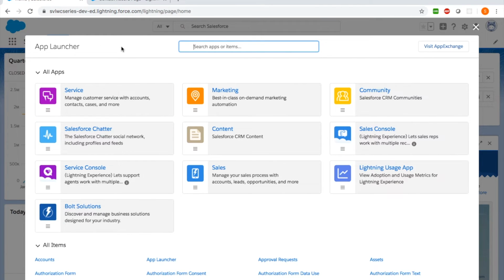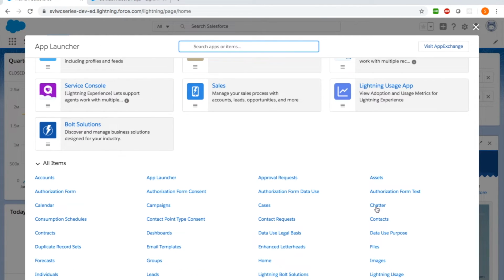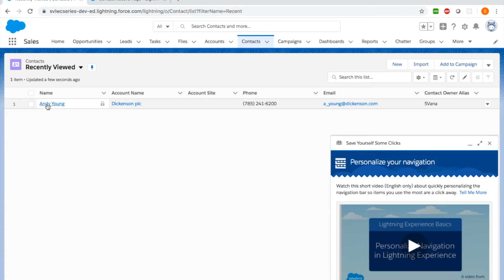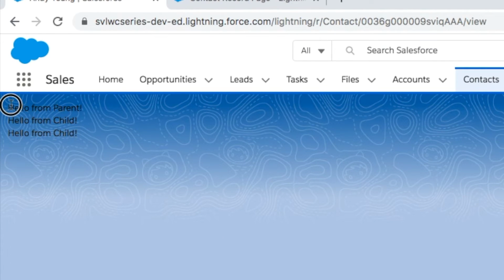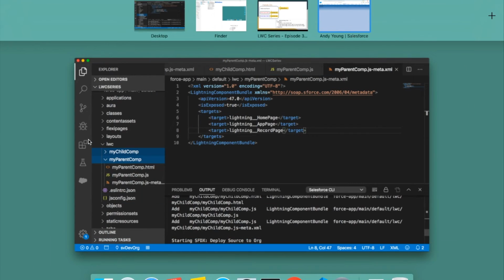Now let me go to the other tab and open any particular contact. So I'm clicking on app launcher and I'm going to contacts and I'm clicking on one of the contact records, and you can see the three paragraphs: hello from parent, which is coming from parent, and hello from child, coming from two references of the child component in the parent component. So now let's go back to the demo